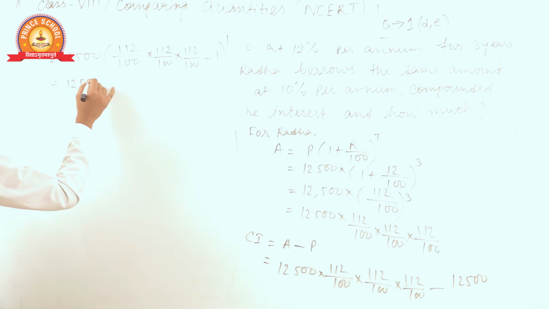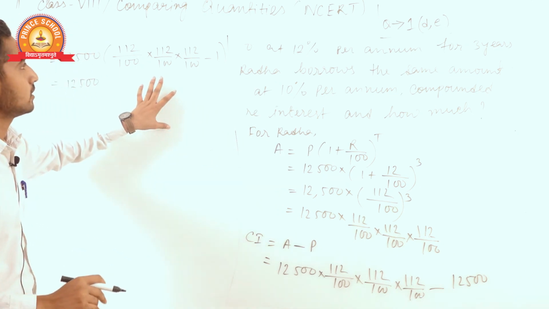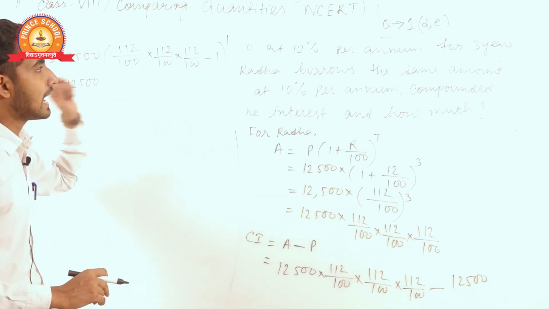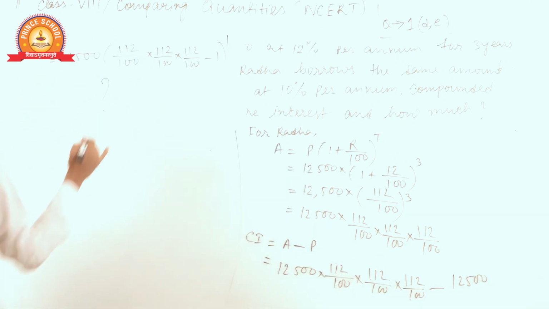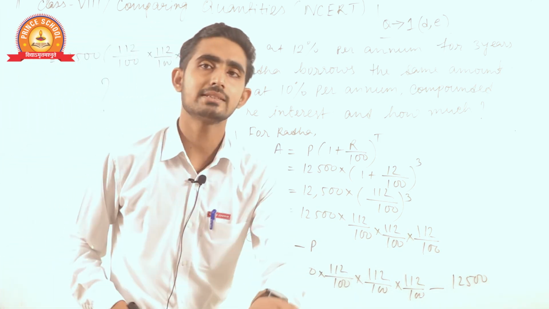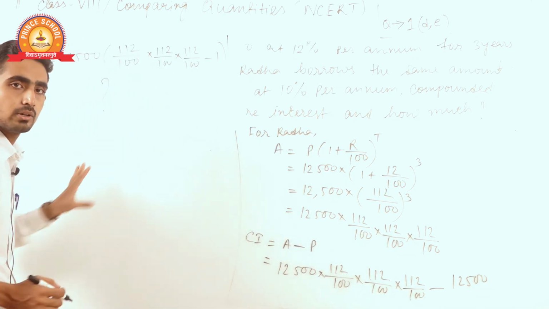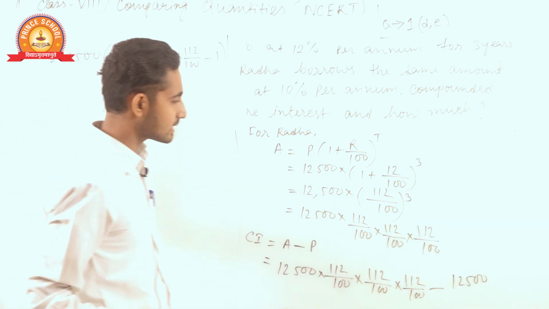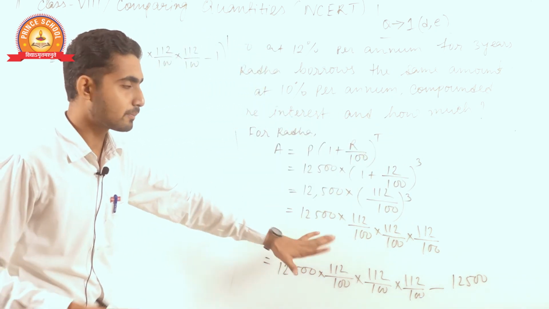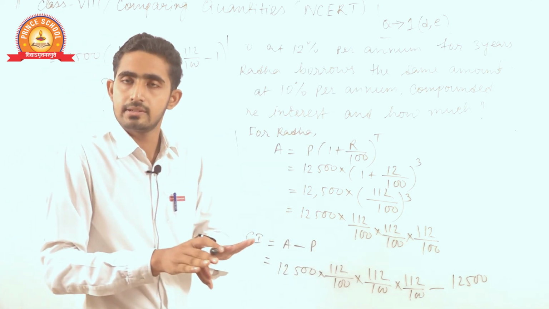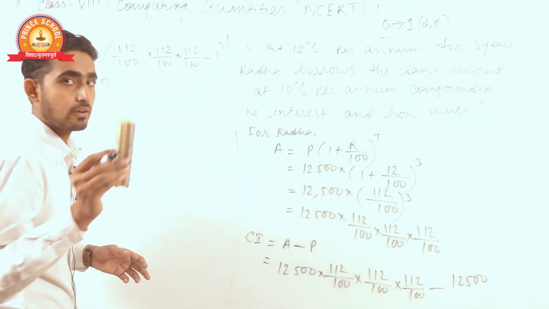Now 12,500. Now if you take it common here, okay, I will tell you one thing. After that you have to solve this part, very lengthy, and tomorrow you will tell me what is the answer of that question. And another thing, whatever answer comes to you here, you have to compare it with the Fabina answer, which was 4500. You have to check which one is extra and how much extra. That is your homework. And another question I will give you, that you also have to solve yourself. Okay.